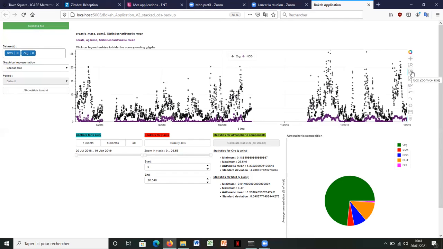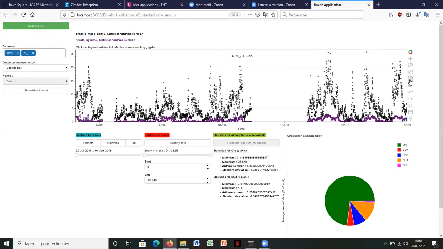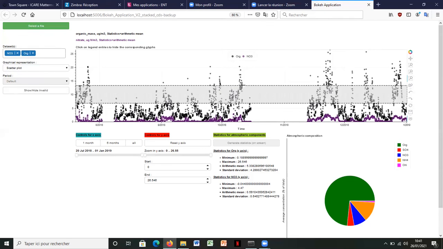For this box zoom tool, you can only zoom in the x-axis, which means that the scale of the y-axis remains unmodified. That is the same for the y-axis. The scale of the x-axis remains unmodified.